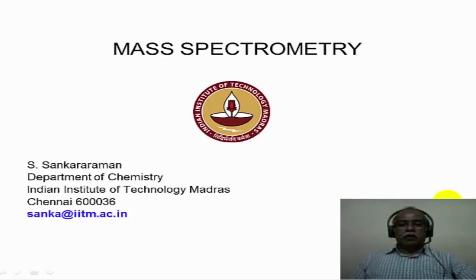Hello, welcome to Module 17 of the course on application of spectroscopic methods in molecular structure determination. In this module, we will continue with mass spectrometry and look into some aspects of electron impact ionization mass spectrometry and chemical ionization mass spectrometry. These are the two most widely used mass spectrometric techniques for structure elucidation of simple organic molecules with the molecular weight range of something like 800 to 1000 or so.